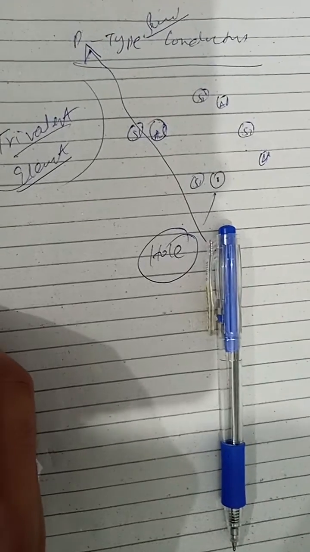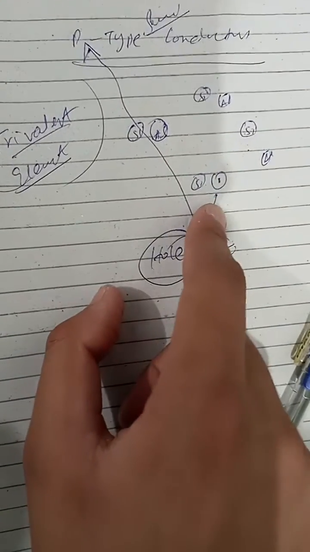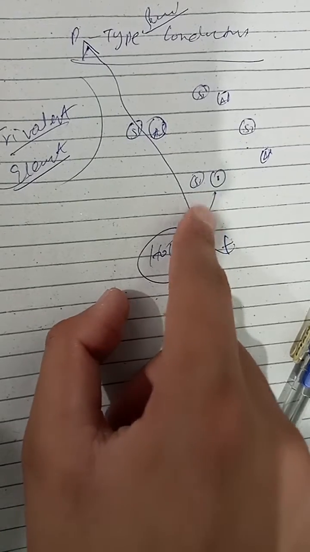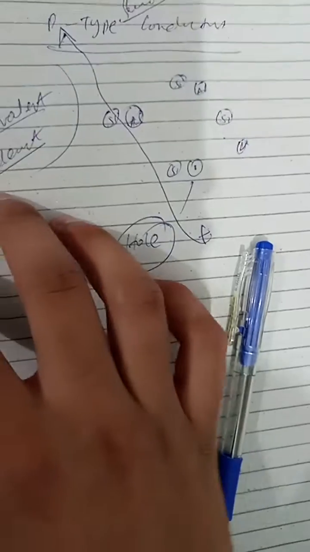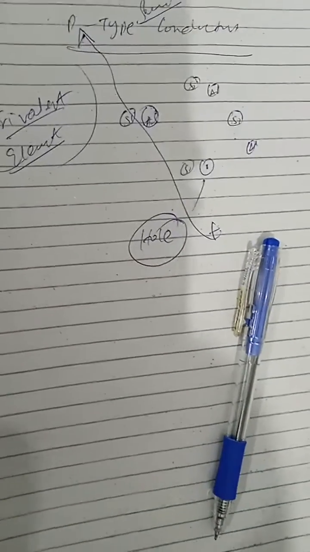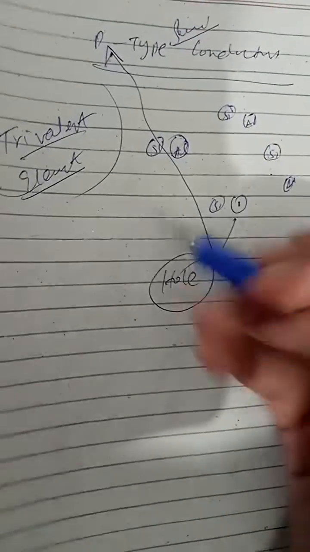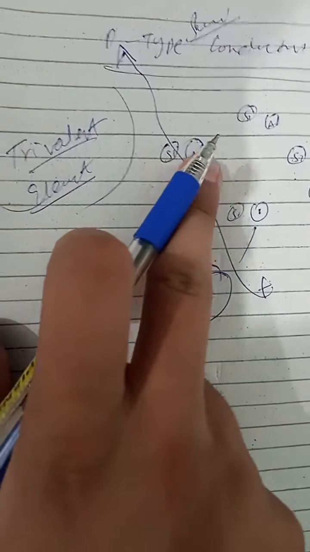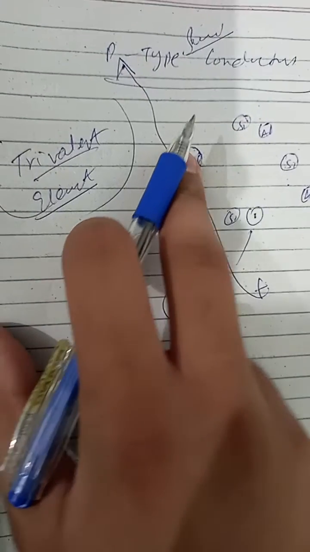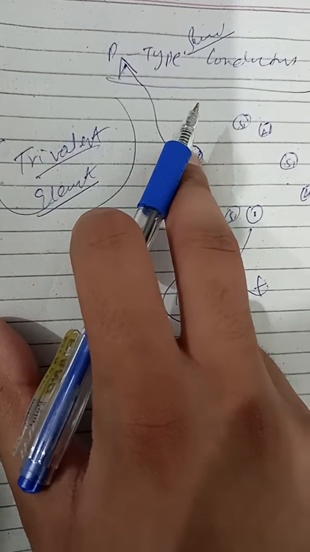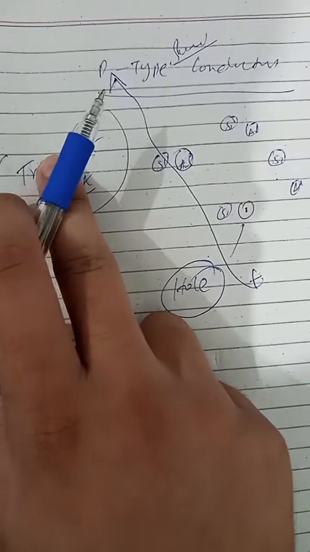So there are acceptors. The hole is an acceptor actually, because the positive is going to accept a negative, so it's an acceptor. And there are some simple abbreviations, like impurity atoms. Impurity atoms are the things that we add here, like aluminum, etc. So these are known as the impurity elements. So this was the whole thing we need to learn about the p-type semiconductor, and that's it for now.